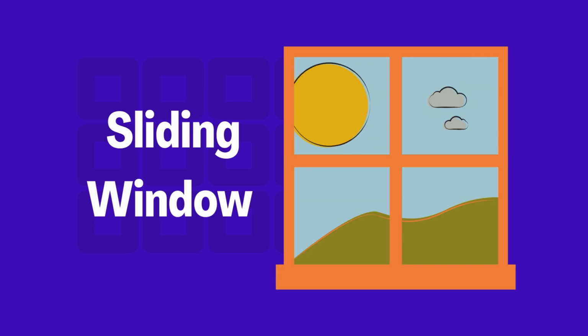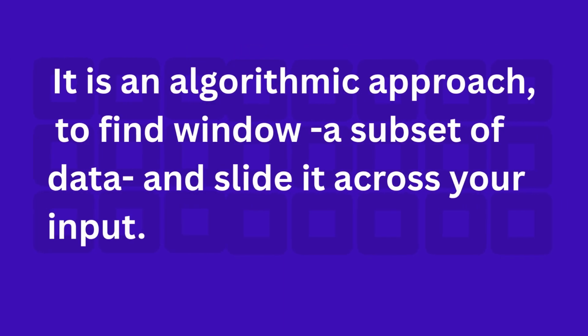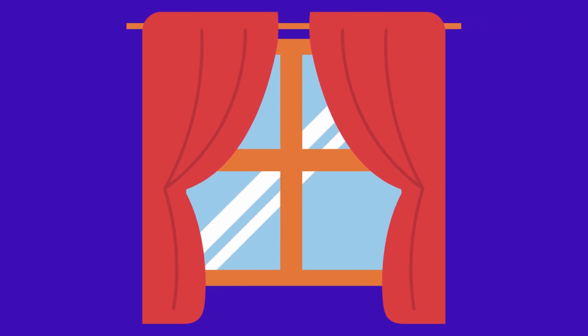Let's get into it. So, what is the sliding window technique? It's an algorithmic approach. You define a window, a subset of your data, and slide it across your input. At each step, you check or calculate something based on that window. Think of it like dragging a real window across a spreadsheet, row by row, column by column, observing what's inside